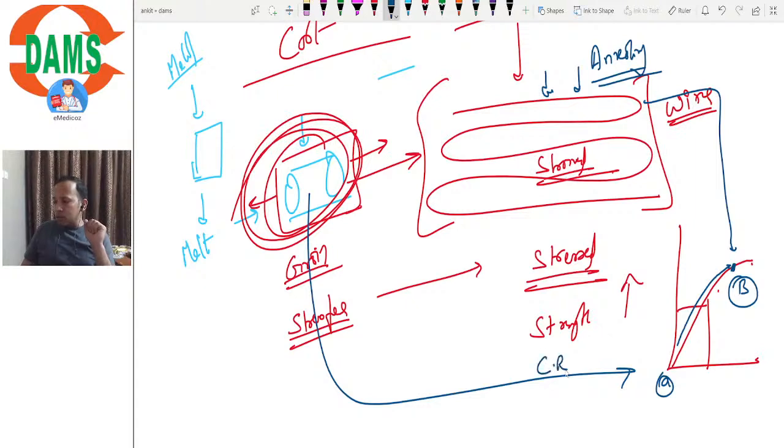Now what about the corrosion resistance? What about the corrosion resistance? ये डिक्रीज होगा कि इंक्रीज होगा? कोरोजन रेजिस्टेंस बढ़ जाएगा या घट जाएगा? कोरोसिविटी रॉट मेटल की कास्ट मेटल से ज्यादा होगी या कम होगी? कौन सा वाला ज्यादा स्ट्रेस में है, कौन सा वाला ज्यादा रिलैक्स्ड है? जो ज्यादा रिलैक्स्ड होगा उसका कोरोजन रेजिस्टेंस ज्यादा होगा, जो ज्यादा स्ट्रेन्ड होगा उसका कोरोजन रेजिस्टेंस कम होगा, राइट।